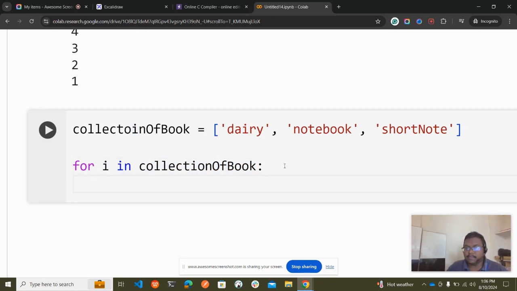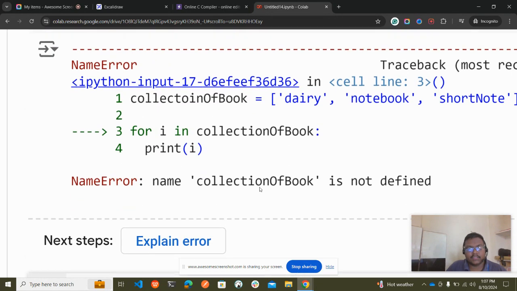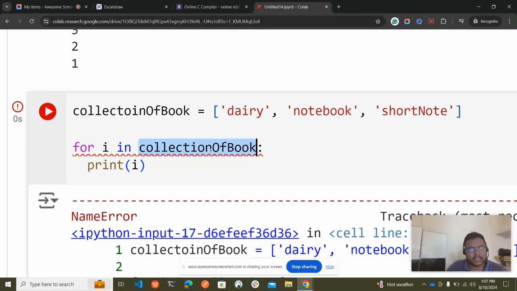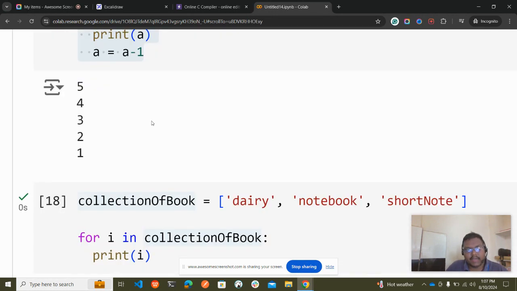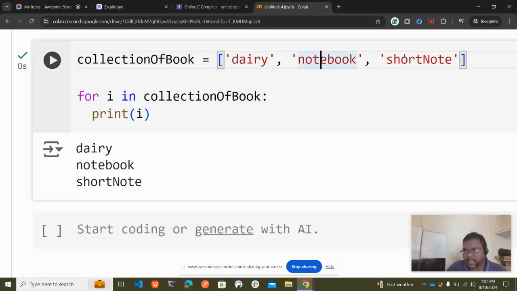Now what I do, for now's sake, I need to print the third book in it. Okay, so let me first print, let us see what the sequence is there, what are the values associated in the collection of books. Okay, collection of books is not different, I think I have made a spelling mistake. Okay, now you see, we have a collection of books, we have diary, we have notebook, and we have short note. So now when I iterate over the collection of sequence, I can get to know that this book is a diary, this book is a short note, and this book is a notebook. Okay, now what is the requirement for me? Requirement for me is to print the third one.